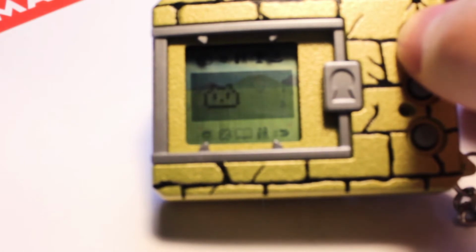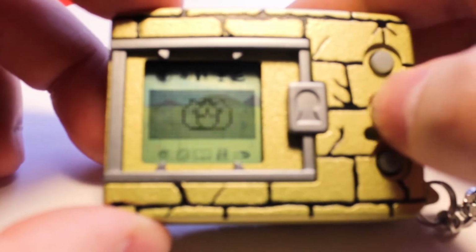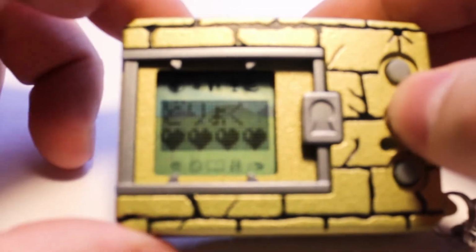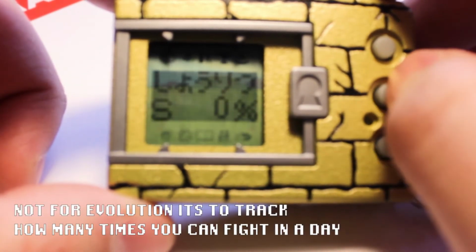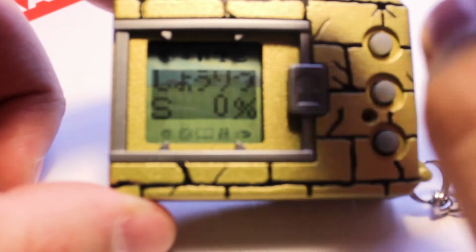That's how this one works. Before, there was no real way to know how many times you trained them unless you're just counting in your head, or you're marking it. But now it tells you how many times you've trained them, and that also goes towards evolutions. This, I believe, is how close he is to evolving. I could be wrong. This is the percentage in singles and the tournament, and this is the percentage